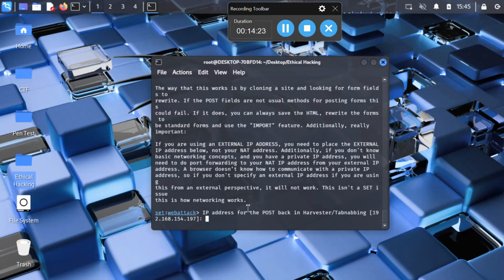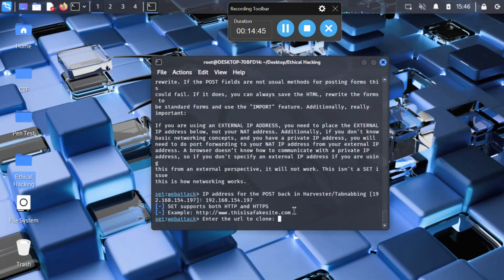So now here what to do, because for now we are just using LocalXpose to host this local server on the internet. I'll just insert this particular IP address for my machine, which has been highlighted there. So here I'll just go with the IP address for this machine. Okay, so once you do that, insert for your machine, then it would like us to actually enter the URL to